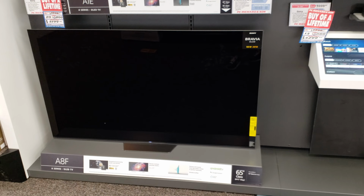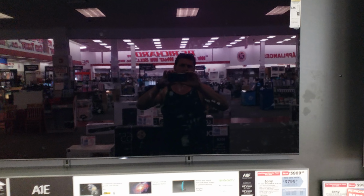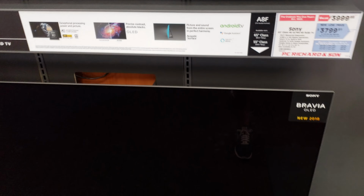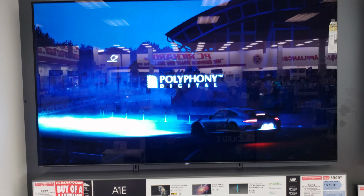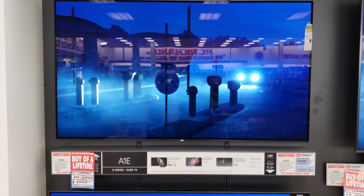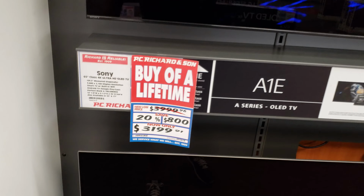Anyway, quick video on the Sony A8F. They're nice enough to let me film here. Very beautiful. And also extremely thin. You know, they're identical. I'm not sure if the new one has that lean back bezel. I don't think it does. But just really, really impressed, guys. Sony A8F. I do believe they're very similar, so I would just go with the cheapest one. Right now, at 65 inches,